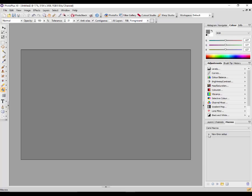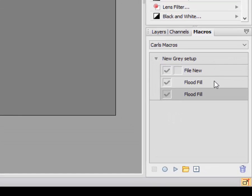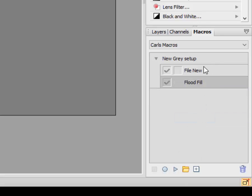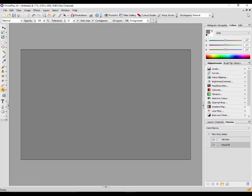So if I now look at that macro, I actually accidentally clicked the flood fill twice. I should be able to delete that one. So yeah, so we just got the make a new file and flood fill. So if I now delete that